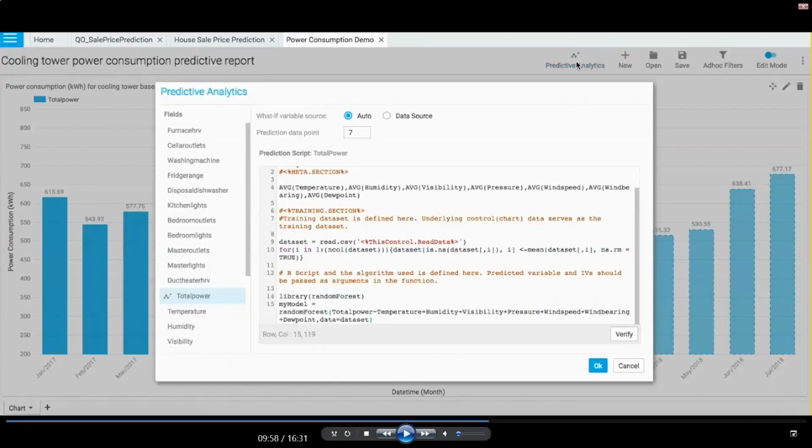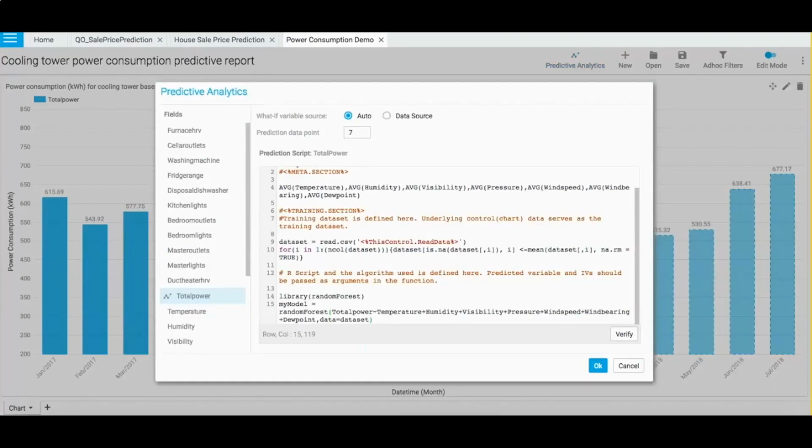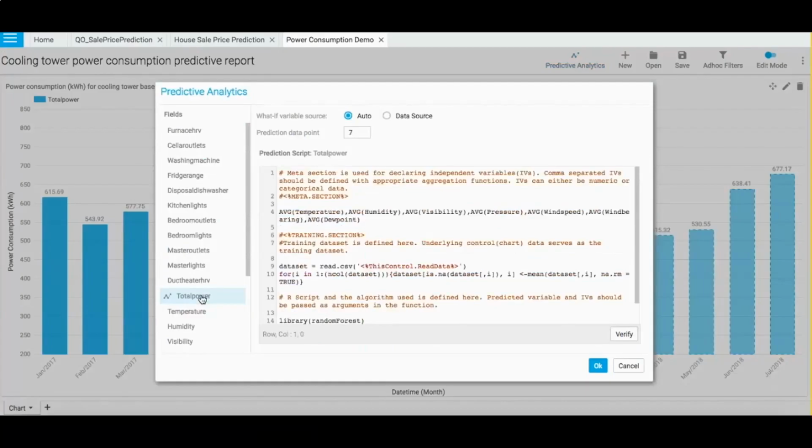This is the auto-generated prediction script. Now, what we can set is the data points. So for the future, we have asked for 7 future data points to be predicted. Now, when I do the grouping of monthly versus quarterly, it can do different data point predictions.